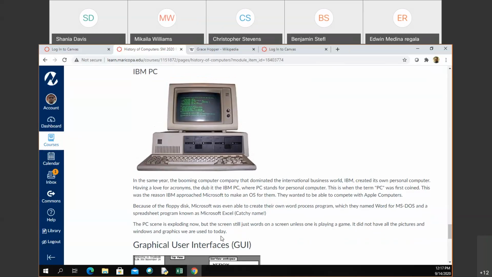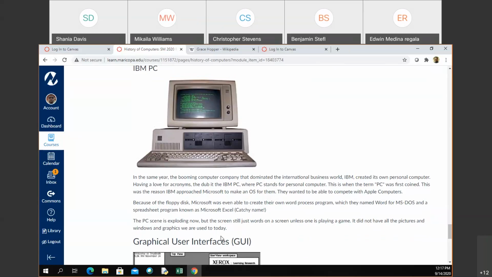So all these different companies are either taking IBM's personal computer and making alterations to it, or trying to create their own, or they're trying to hire Apple, which Apple says no, you can just buy our thing, and get Microsoft to create their own operating system for them as well. So that's what's going on at this point in time. Then